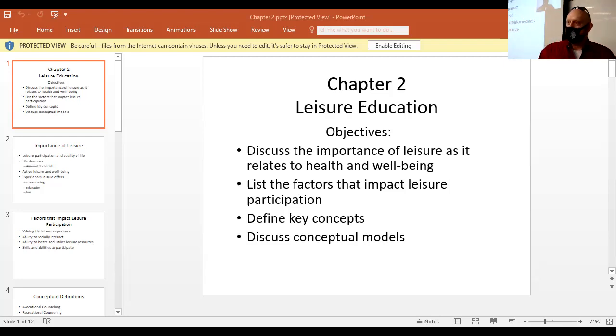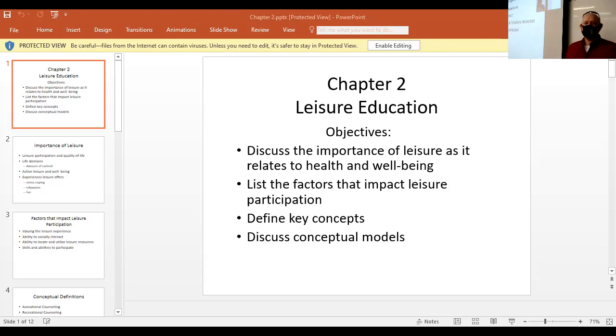Now, if you have a situation where a patient doesn't have a positive interaction or a positive outcome, then that's something that you should probably take them aside after and talk to them about what went wrong. What can we do different? What can I do as a recreation therapist to make you feel more comfortable, because I want you to be part of this group.